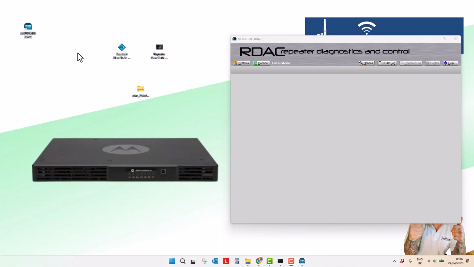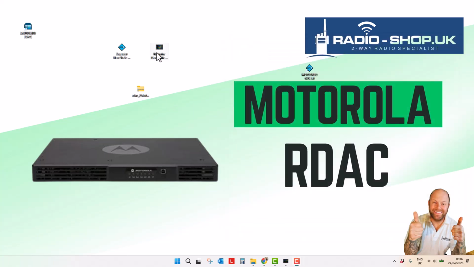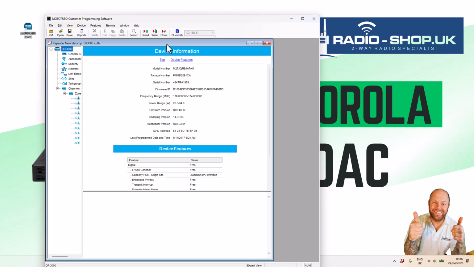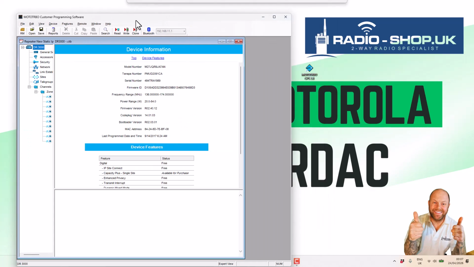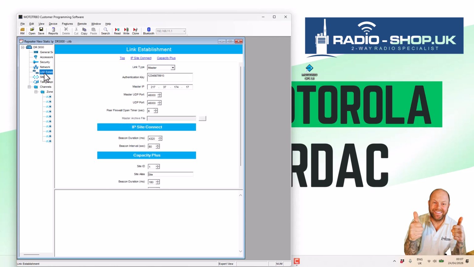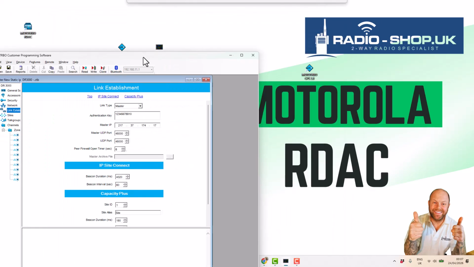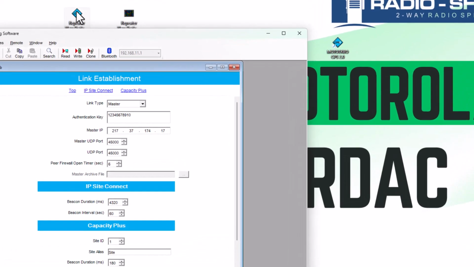What I find is, always open the CPS first before you open the RDAC. It'll enable it to open quicker, just in case your computer's a bit slow. There's the software open there. What we're looking for is the link establishment tab on CPS Legacy. If we go to CPS2,